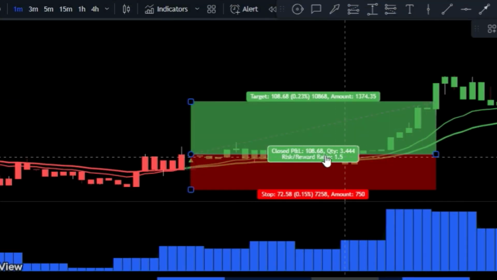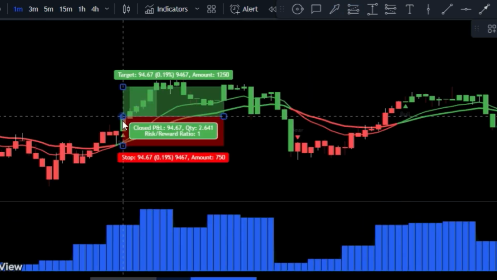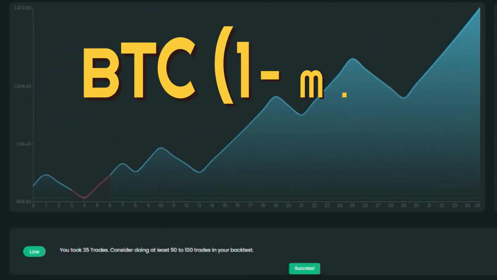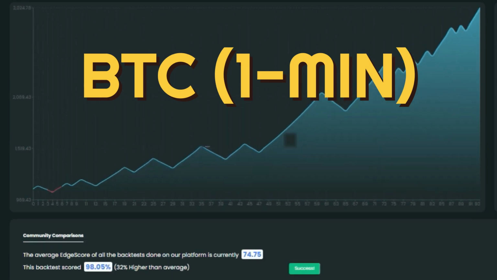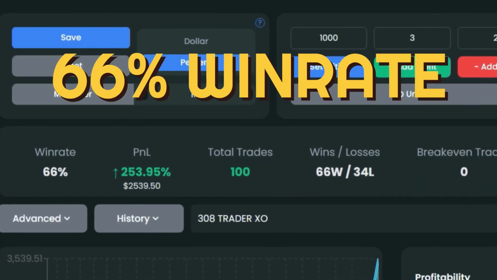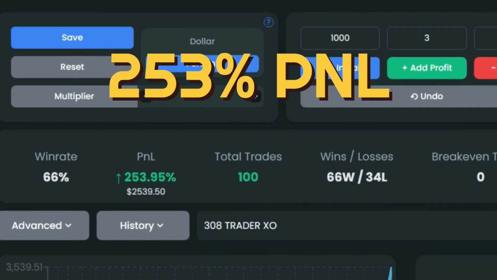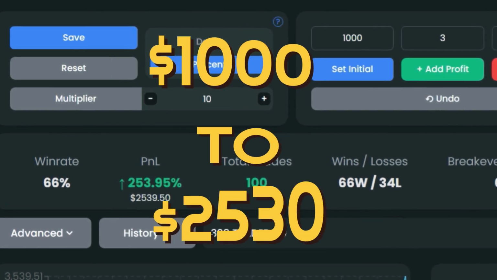So, you might be wondering, can this strategy deliver the results I'm seeking? The answer lies in backtesting. We put our strategy to the test on the Bitcoin chart using a 1-minute time frame. The results were impressive: a 66% win rate with consistent victories that translated to a 253% profit, turning a $1,000 investment into